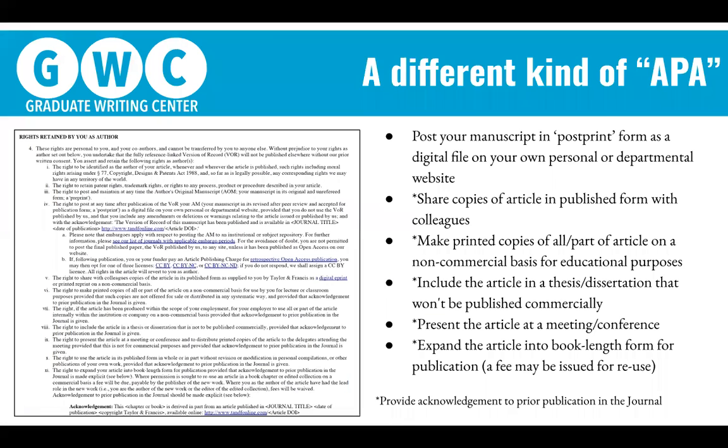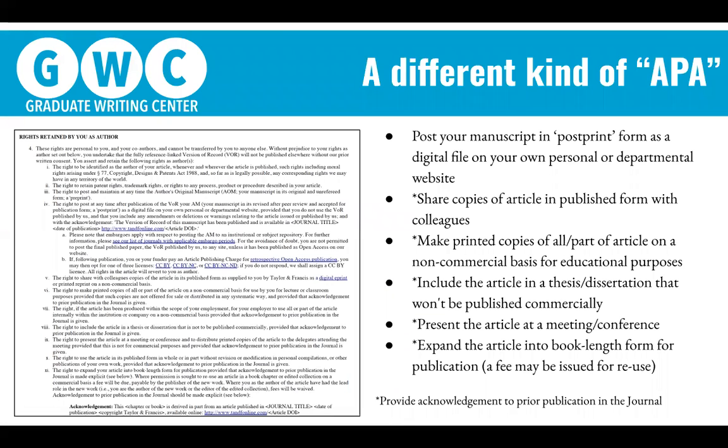You're able to include the article in a thesis or dissertation, provided that your thesis or your dissertation won't be published commercially. So this was something I didn't know and might be relevant for some of you. So you're able to even include sections of this article. You would obviously cite it the way that you would, but you're able to reuse the article, provided that you acknowledge its publication in this journal.